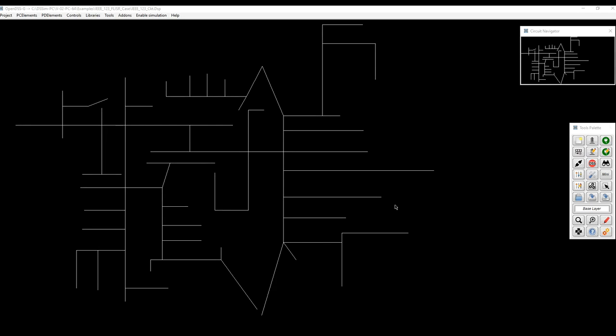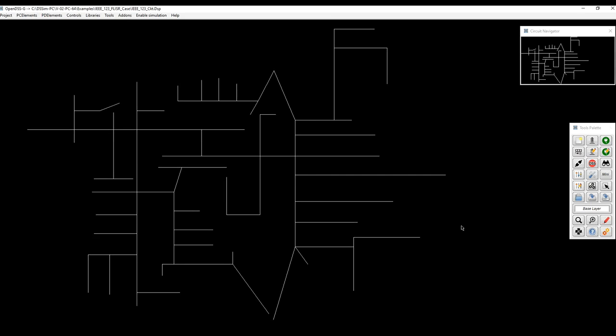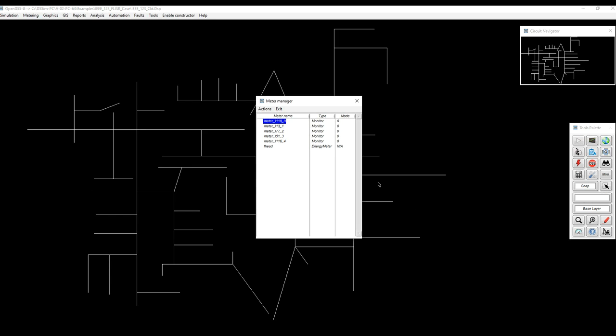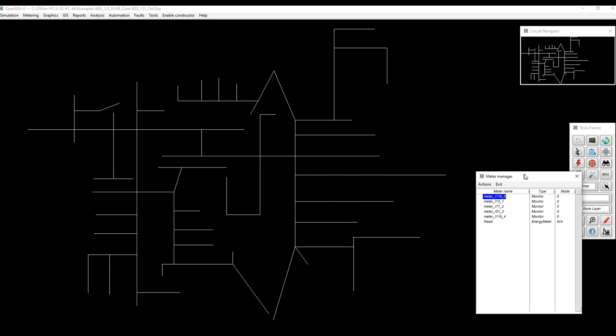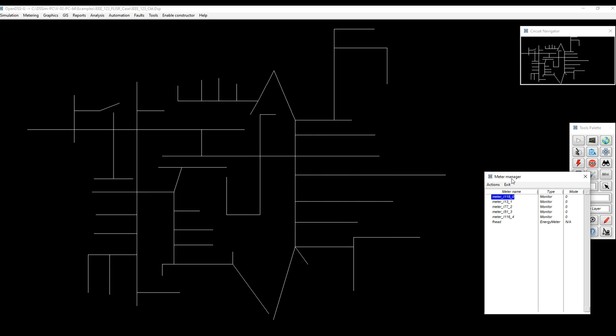Having a large number of meters and monitors in an OpenDSS model is very common. Thinking on that, we have included a new feature in OpenDSS-G version 4.1 for managing meters and monitors in a more dynamic way. Now when you go from the constructor to the simulator mode, in the past you used to see all the meters on the screen, and now what you see is a window called the Meter